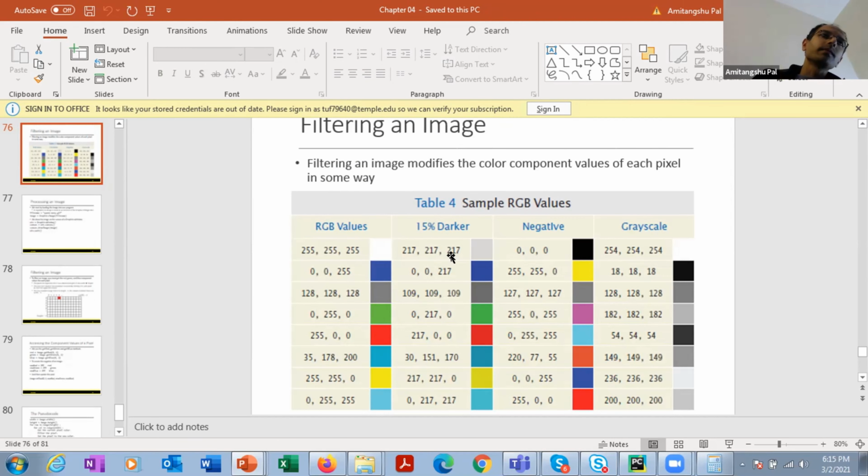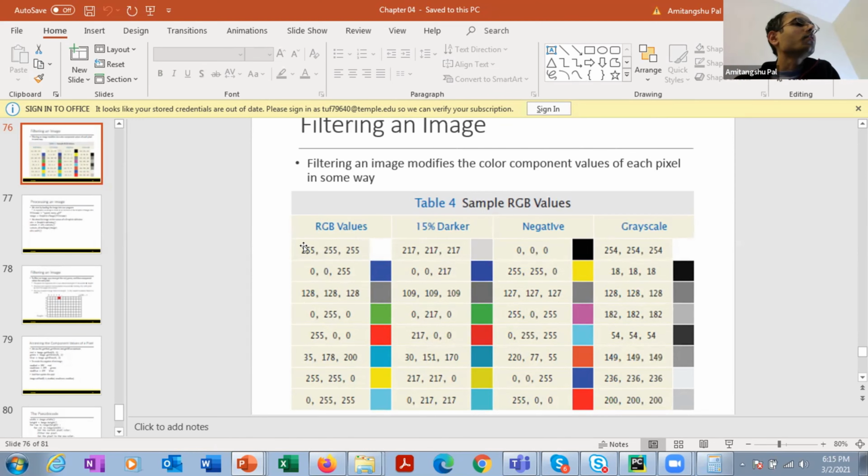Clear? Next, if I give you an image and ask you to extract the negative of that image, what is the negative of an image? Negative of the image is basically the inverse value. Inverse value means 255 minus the corresponding values. For example, initially it was white, so intensity level was 255, 255, 255.